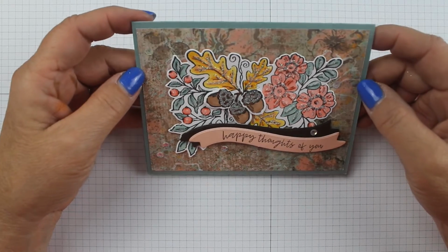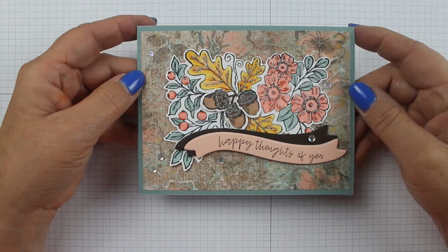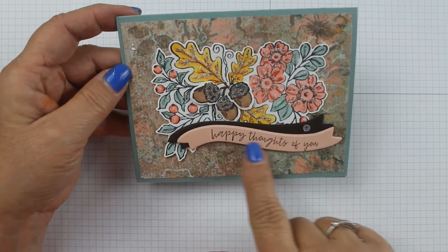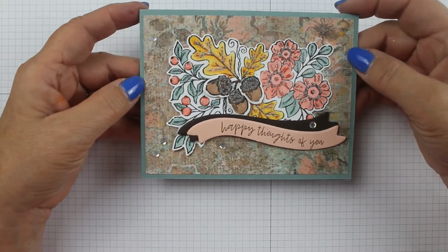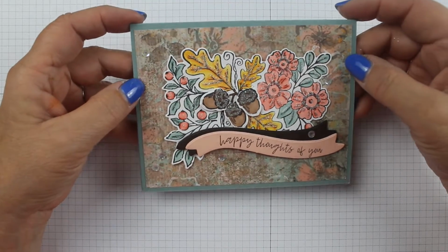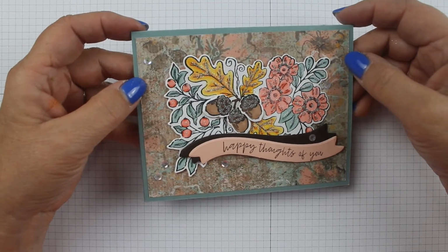Demonstrator. Today we're going to be making this beautiful autumn card to send to anyone. It says Happy Thoughts of You. You could send it for Thanksgiving or just for any occasion. And we are going to be using several products, and I'll show you what we're going to be using to